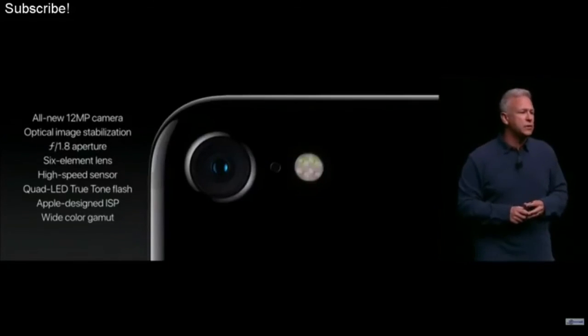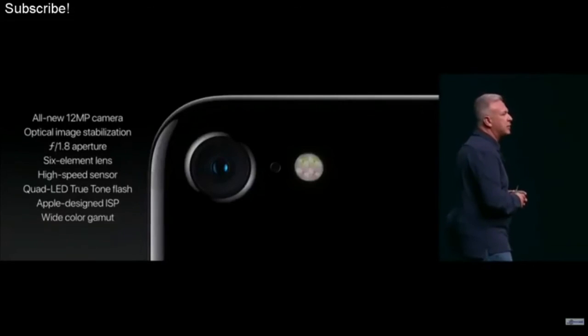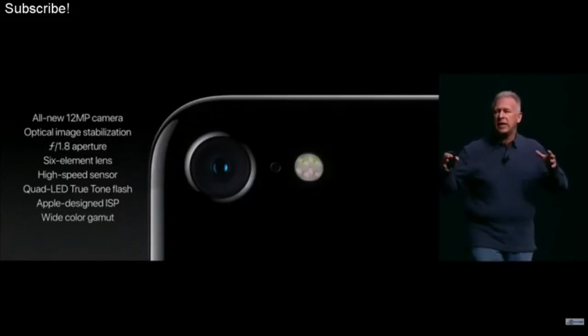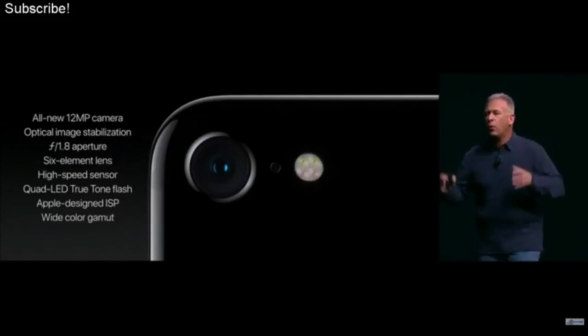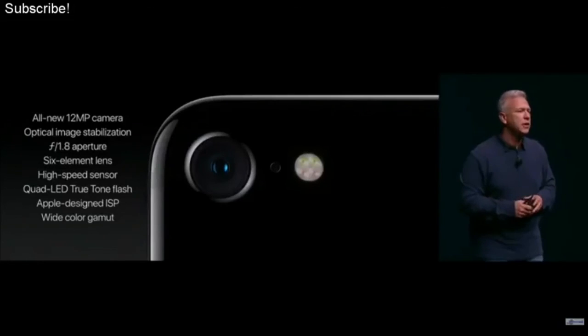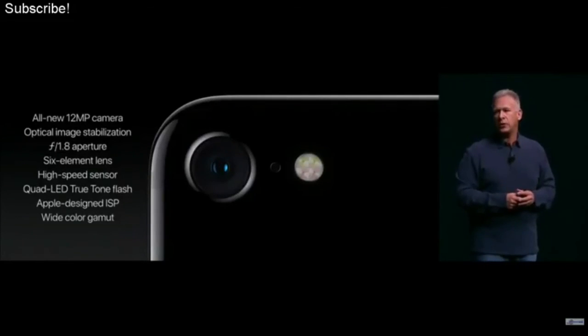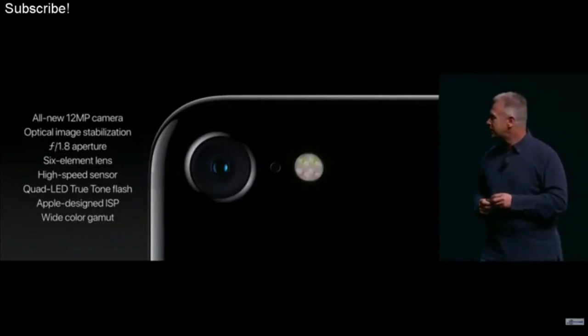So this is the iPhone 7 camera. New 12 megapixel camera system with optical image stabilization, wider f1.8 aperture, 6 elements in the lens, that sensor 60% faster, now a quad LED True Tone flash, our incredibly fast ISP, and wide color capture. It is the best camera ever in an iPhone. So,